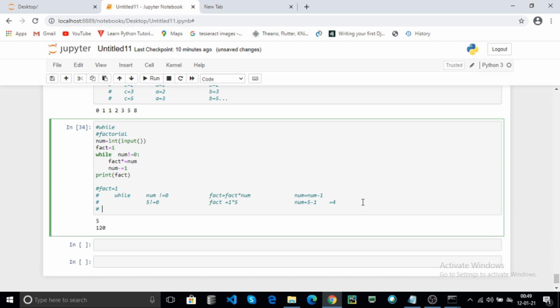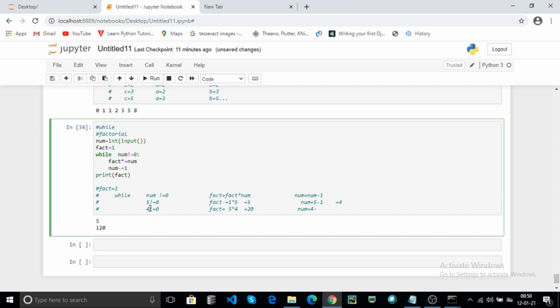In the next iteration, num contains 4, 4 not equal to 0, the condition is true. The fact variable is updated. The fact contains 5 and num contains 4. After the second iteration, fact will be updated with 20 and num will be decremented by 1.